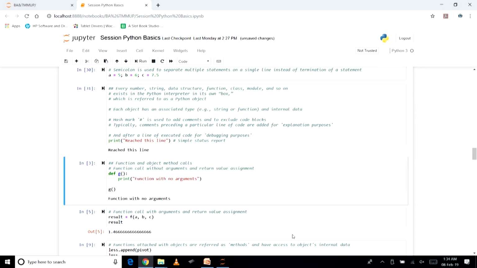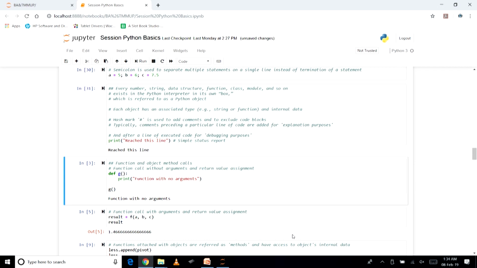Now the next thing that we would like to discuss is function and object method calls. Let us understand a function call when the function is called without any arguments, and no return value assignment is required.